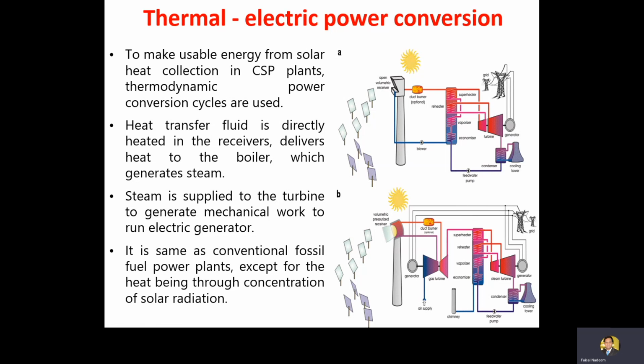It will now reach the condenser, and the condenser will condense this water again to the working water or the feed water, and the feed water pump again introduces this water into the heat exchanger. The condenser will drop down the temperature of this water